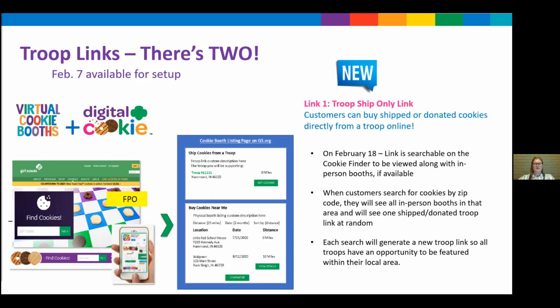And typically that would be in a space lending them to find an in-person booth, where you see them out front of Kroger and Walmart and things like that. But it's the age of technology, and some people don't mind purchasing or would prefer purchasing online. So this provides an opportunity for every troop to have equal access to be featured on our National Cookie Finder